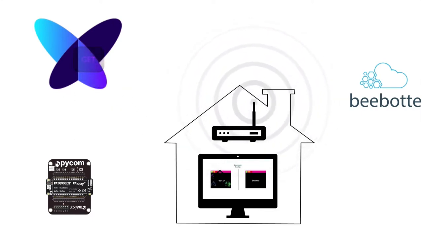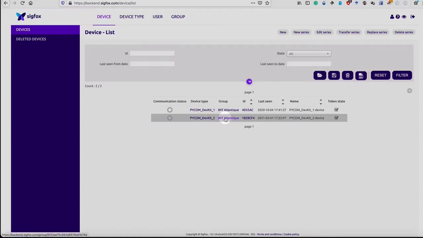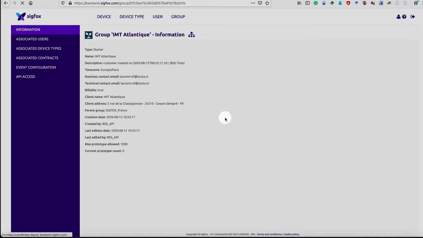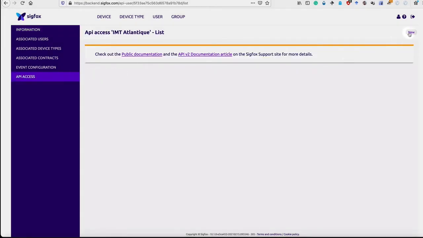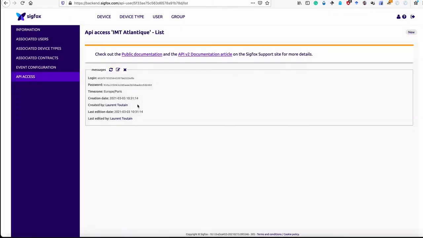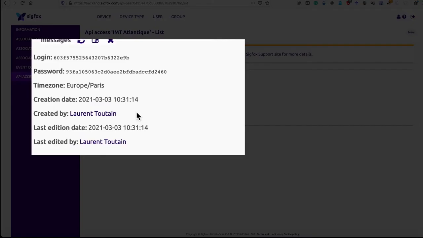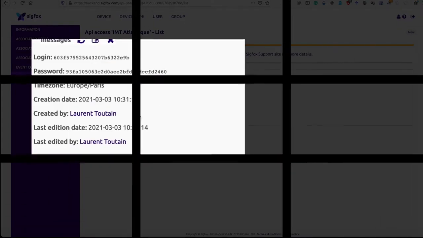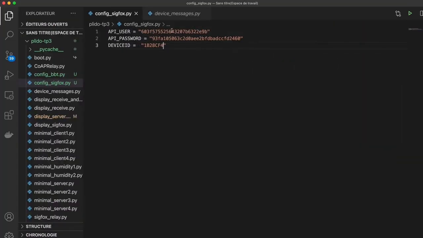On the site, we go back to Device, but this time we click on the name you gave to the group and select API device. Finally, we click on the small new button hiding in the top right. Like with Bibote, we get a key here, login, and a secret password that we will use during requests to identify ourselves. We will store these along with the device ID in a separate file,